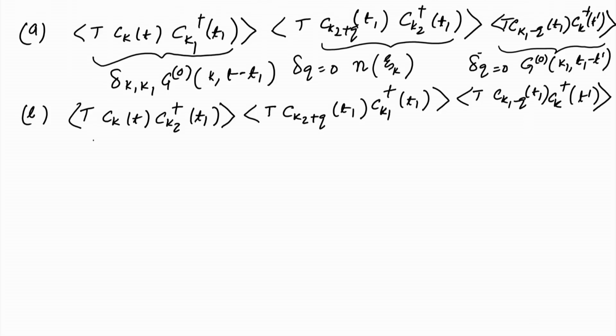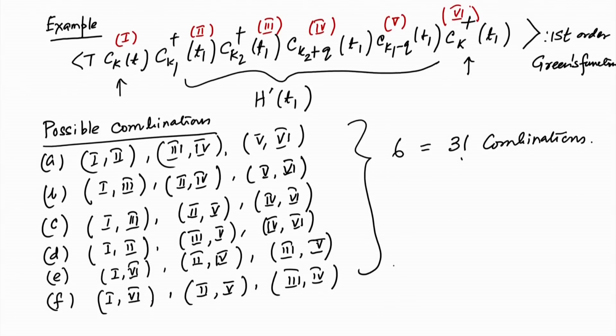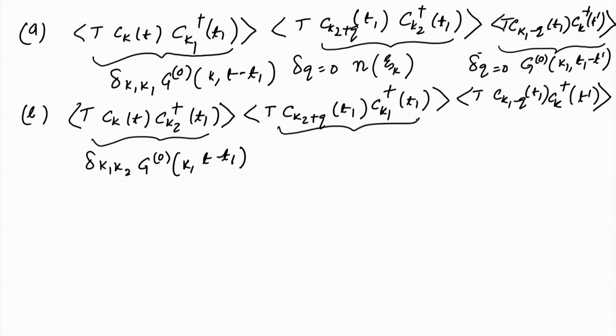So, this tells us that it is equal to delta k and k2, not k prime, and G0 of k, T minus T1. And similarly, this one will have delta of k1 equal to k2 plus q, and this will be simply a G0 of k1,